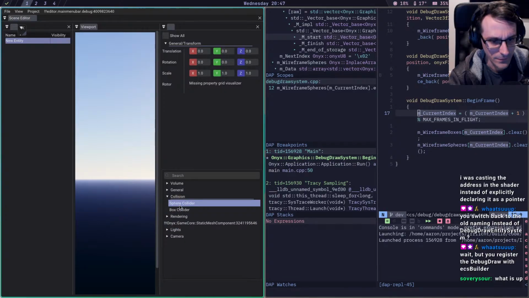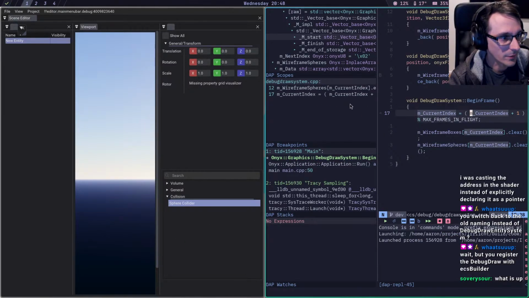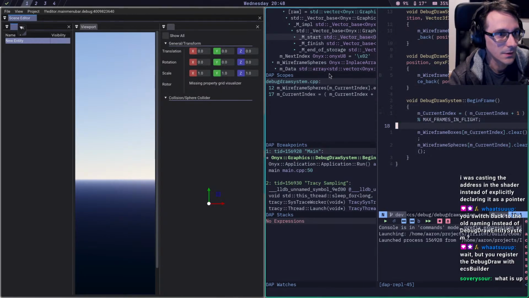Collision, sphere collider, and now we have one, yeah. And now when we go here, so now we should hopefully have